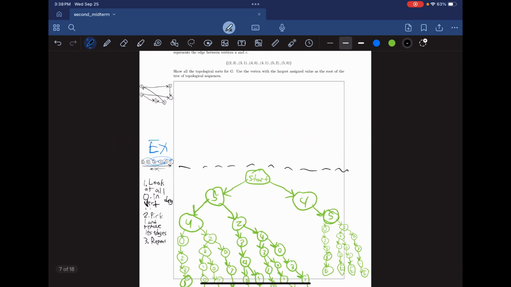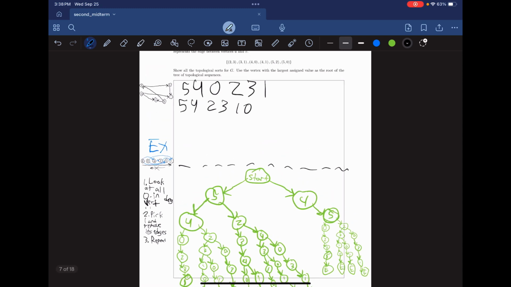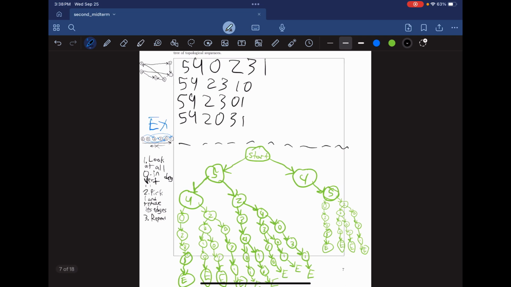The orderings according to the tree were 5, 4, 0, 2, 3, 1; 5, 4, 2, 3, 1, 0; 5, 4, 2, 3, 1, 0. We have 5, 4, 2, 3, 0, 1; 5, 4, 2, 0, 3, 1. All of these orderings, I'm looking at them as I'm just going down this tree